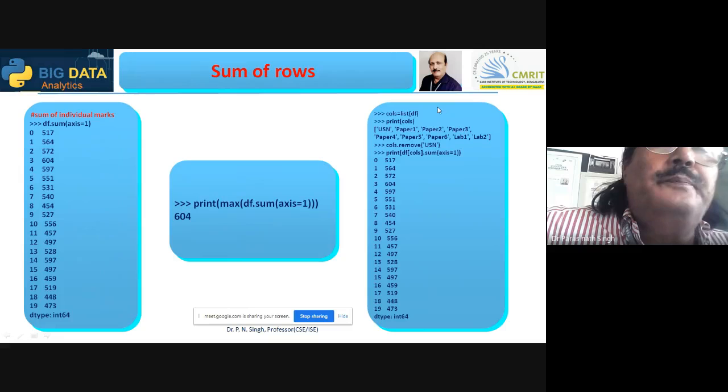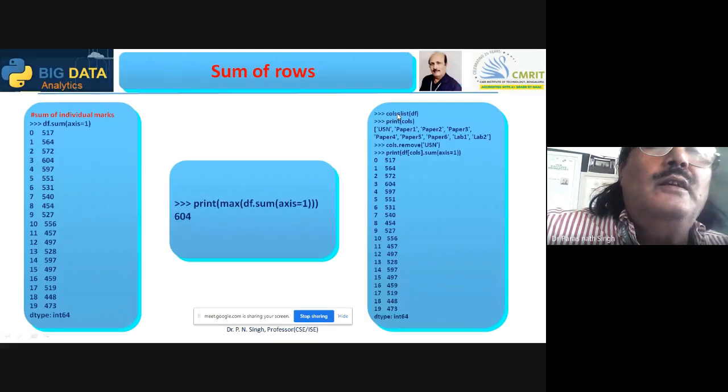Now see here. I have taken another variable called list df, so columns equal to list df, the data frame list, and you want to see those columns. So USN, paper 1, all are taken in the list. Now from columns you want to remove USN.